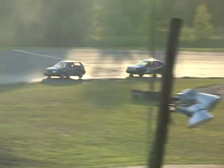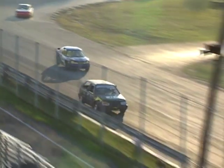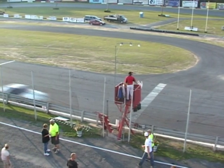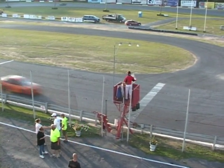April Bordeaux with one last shot as they go into turn 3. She keeps the 23 in the bottom, but so does Gadway, and that's the winning move for Timmy Gadway. He will win the 3rd qualifier. April Bordeaux 2nd. Wade Whitney gets the 3rd spot. 4th will go to Squarehead Jr. in the 06. And rounding out the top 5 will be the 8th of Paul